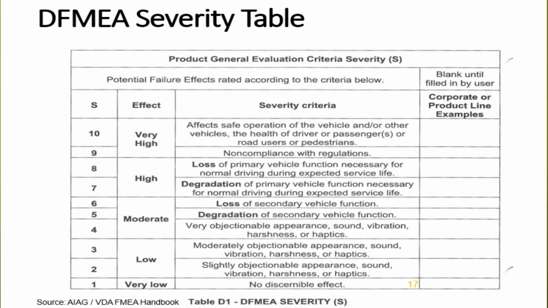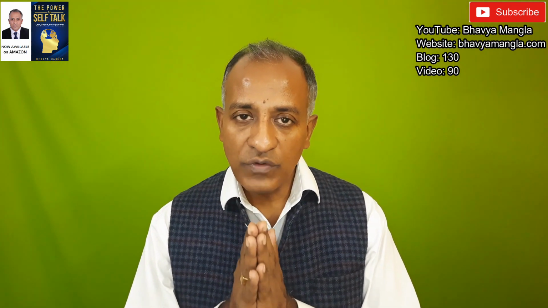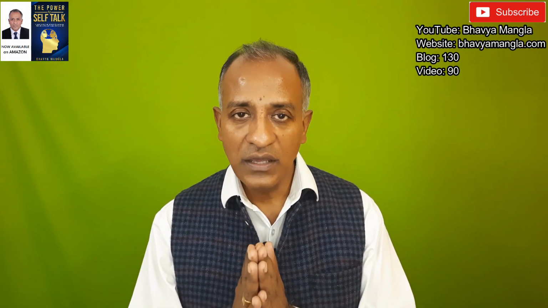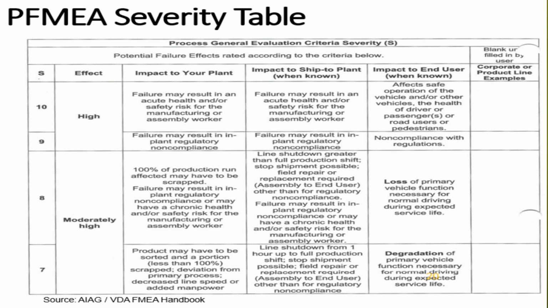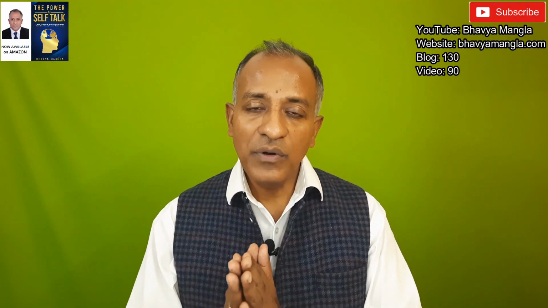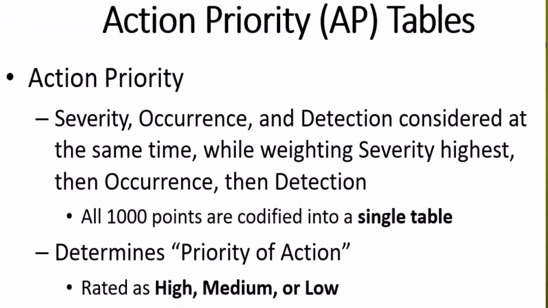If I talk about the occurrence table, some minor changes are there, and something similar is with the detection table. But if I talk with respect to the FMEA table with respect to severity, now specifically they are talking about 3 separate parts: impact to your plant, impact to the plant where you have shipped that material, maybe to the customer, and impact to the end user. So that is one key change which has come there. As I was talking earlier about the change from RPN to action priority, although the severity, occurrence and detection remain the same, now they are talking about a new terminology, action priority, and they have given 3 different rating levels: high, medium and low.